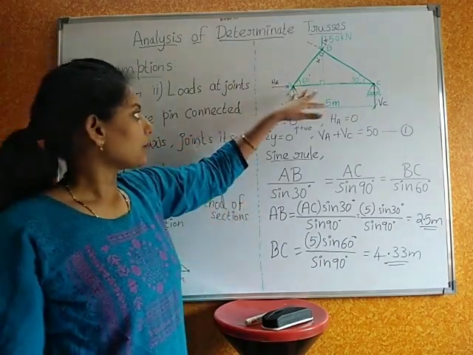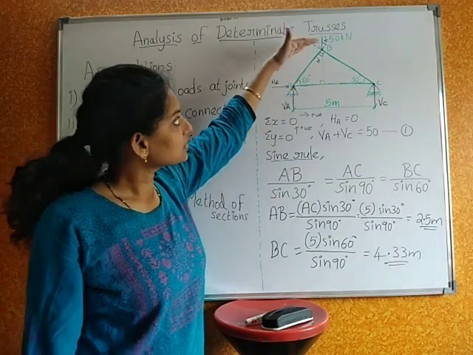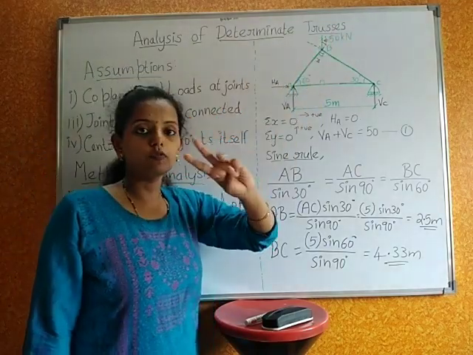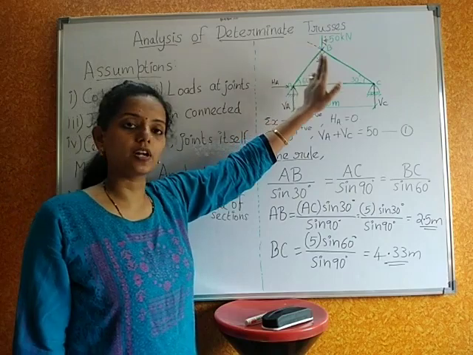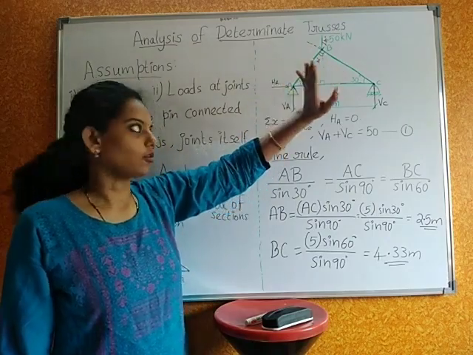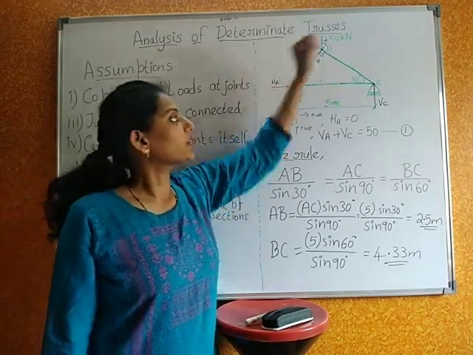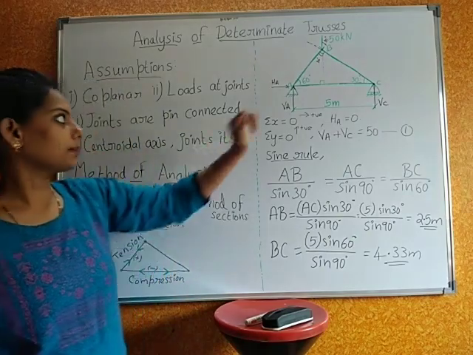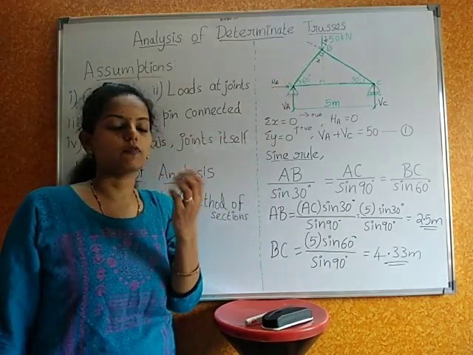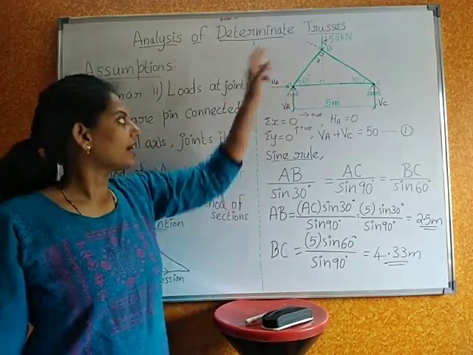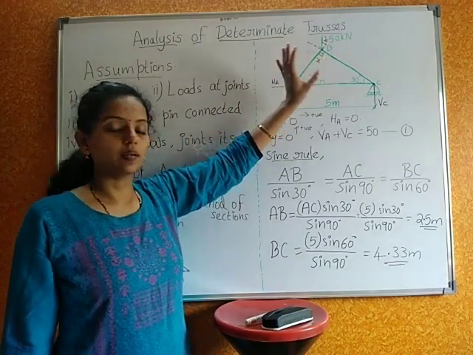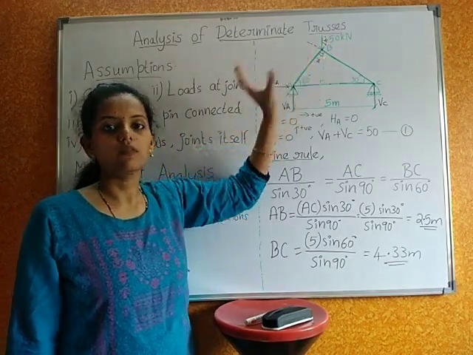While coming to the members, a truss member will have two kinds of force, that is, it might have compressive force or tension force. The main difference between a truss and a frame is that a frame is a combination of shear, axial and bending, while a truss just carries the axial force.